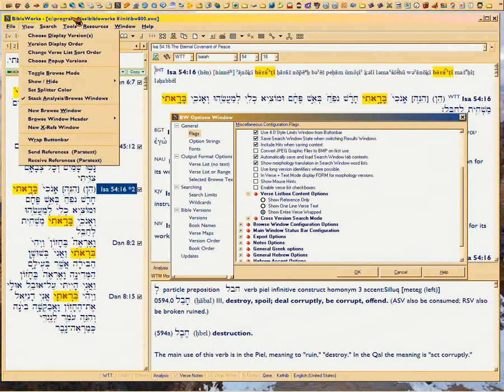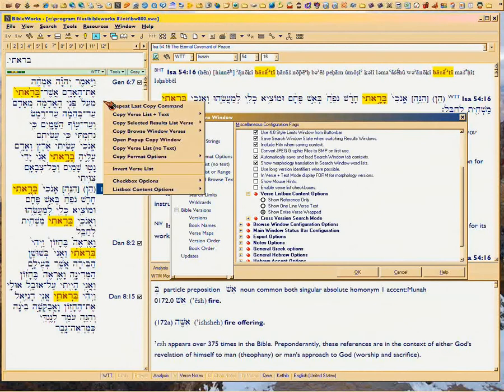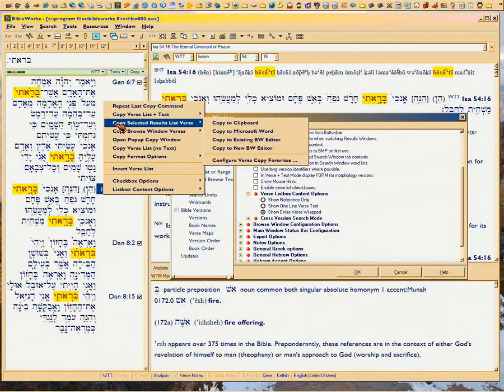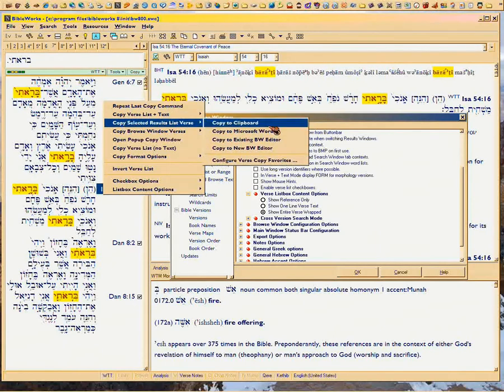Where's the proper copy dialog that I always get? Okay, well, basically you do something like this. See, copy verse list in text, or just copy the selected results, copy to the clipboard. See, watch. You have choices. This is just going to give you the citations. It's different in BibleWorks 8 than I use. This is with the actual text, okay, but this is without. So we copy the clipboard,